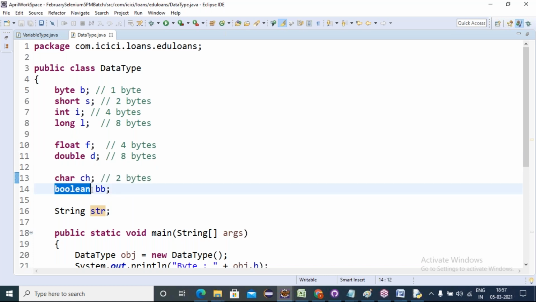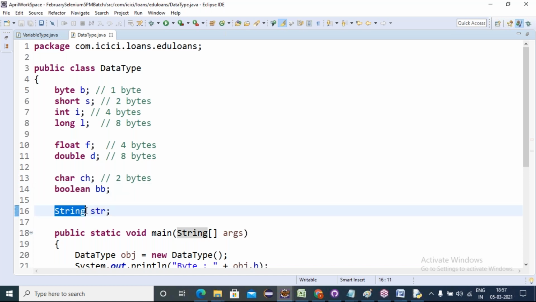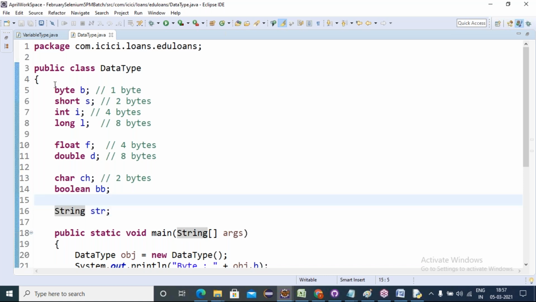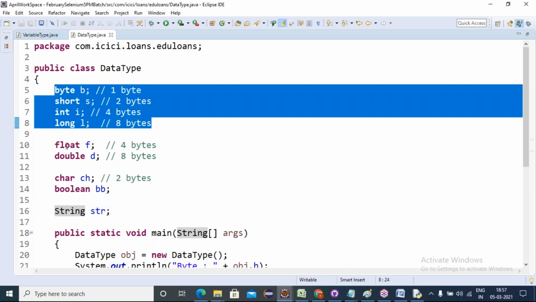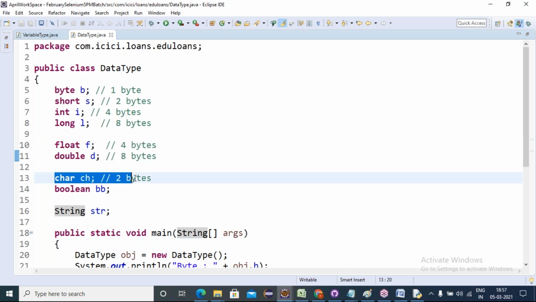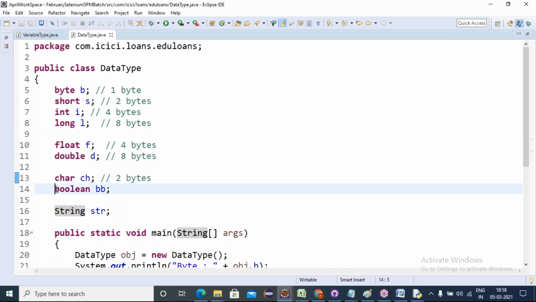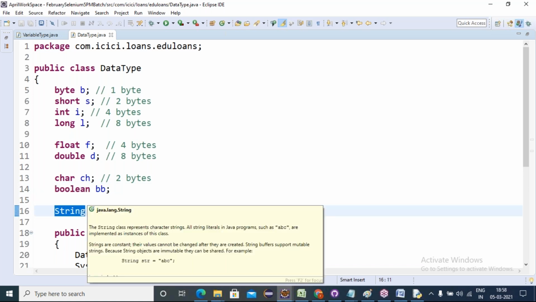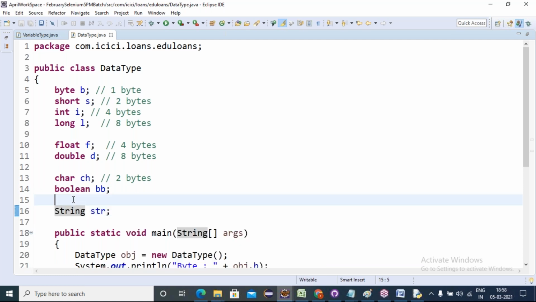For boolean, the default value is false. For string, string is a class, right? For any class, the default value is null. Understood?